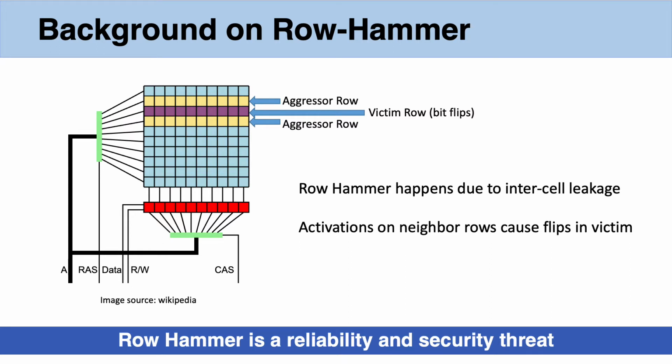Rowhammer is a disturbance failure. Technology scaling brings cells closer and increases leakage. When a row is accessed, it causes a small amount of leakage from the cells of the neighboring rows. When you activate a row a large number of times, this cumulative leakage from the neighboring row can be enough to cause a bit flip. Rowhammer was first demonstrated in 2014 and has continued to be a reliability and security threat for the past 7